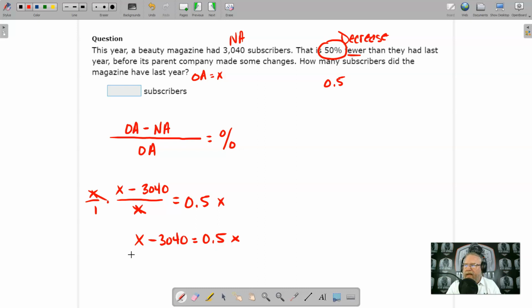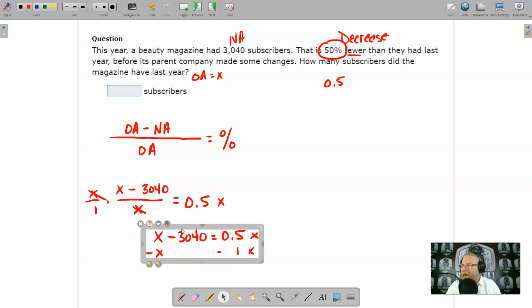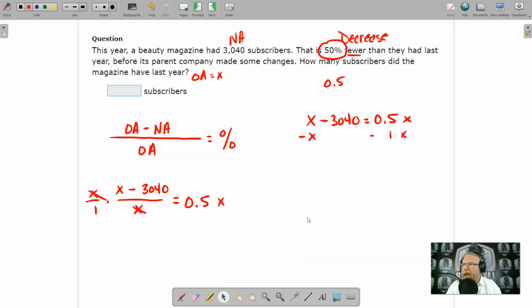Now let's go ahead and subtract an X from each side. So I have X's on both sides, so I want to go ahead and get my X's on one side. So let's subtract 1X here. So in this case, I'm subtracting 1X. Right, minus 1X. And whenever I do that, I'm going to grab all this here, group it, and move it up over here so I got some more room. Whenever we do that, these X's will cancel. Positive X, negative X, they eliminate each other. We end up with a negative 3040 equals, and then 0.5, 1/2 minus 1 is going to be a negative 0.5